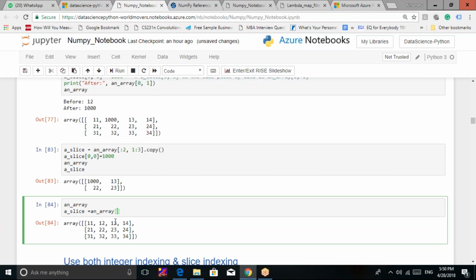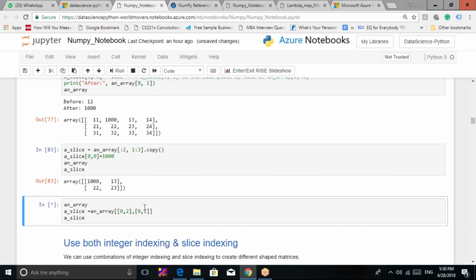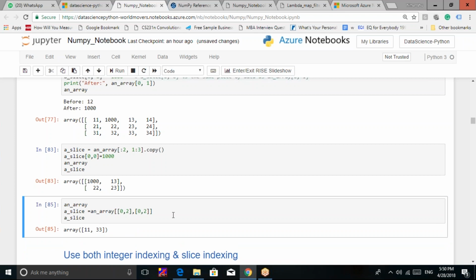Okay, 11, 31, and 13 and 33. हाँ ऐसे ही लिखना पड़ेगा, एक एक के इंडेक्स देनी पड़ेगी। ऐसे देना पड़ेगा आपको। क्या आ रहा है इससे? 11 and 11 और 33. 33 आ रहा है।